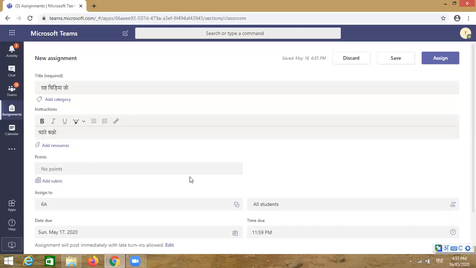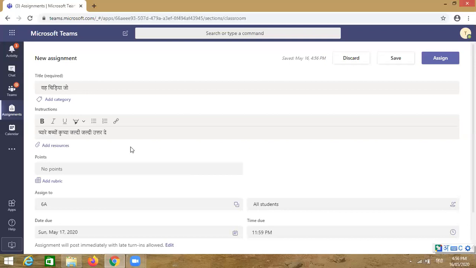प्यारे बच्चों, कृपया जल्दी जल्दी उत्तर दें.